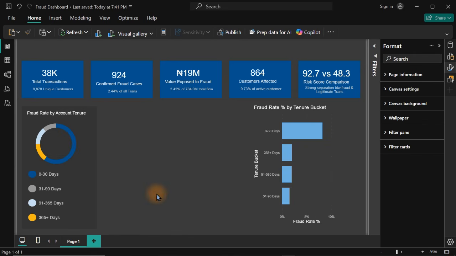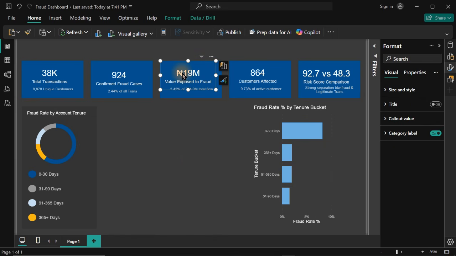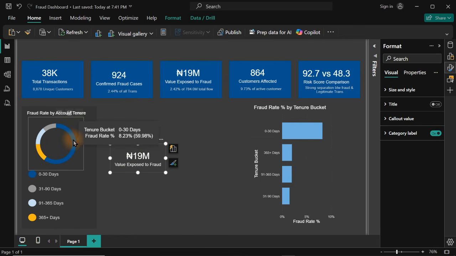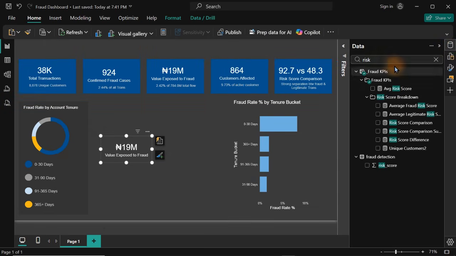So once you have gotten this done right now, it is time for us to actually start getting the most important part of it done. So we're going to actually go ahead and get any of these particular KPI cards here, copy and paste it down, then bring it over here now. And what we have to bring in here is actually the fraud rate here. So we go over here,